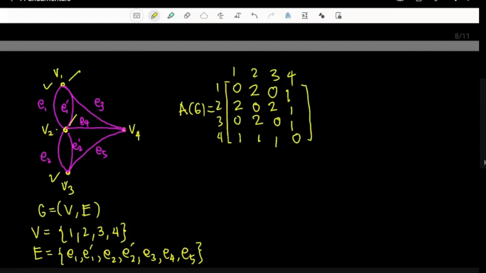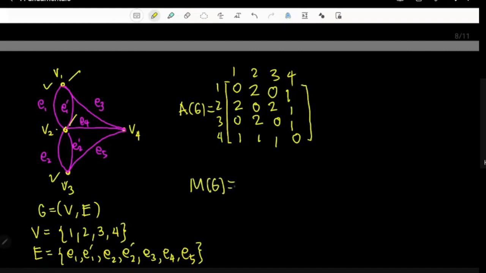If the entry is 0, then there is no connection between them. If the entry is 1, then there is one connection between them, and so on. If the connection is k, then there are k different connections between them. So it's another way of looking at the graph without actually picturing what the graph is. Ayan. Now, how about the